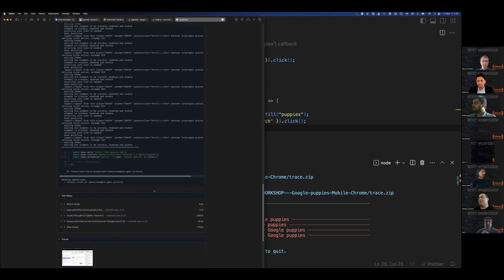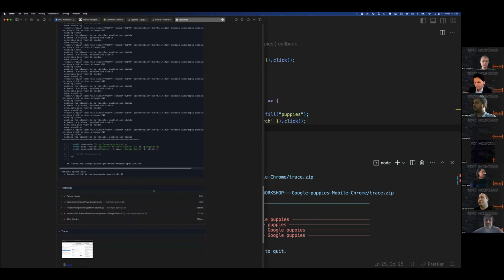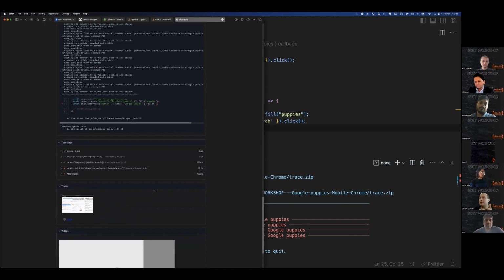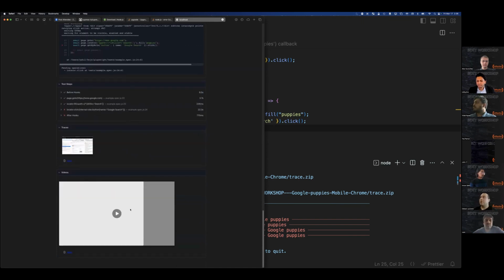Honestly, in the Playwright documentation, there is not enough information. What is the default for workers, and what is it for retry? For example, we put retry on, but how many retries do we have? Who knows? Okay, is this the video? Yeah, this is a video. This is really cool. Okay.